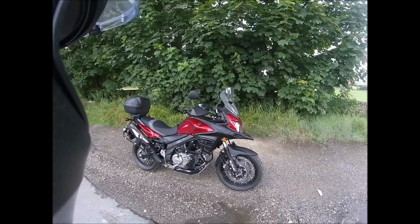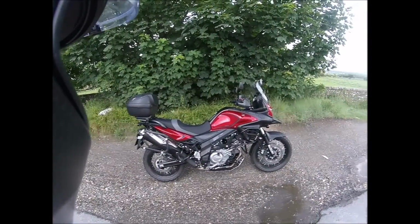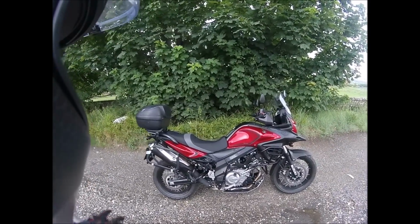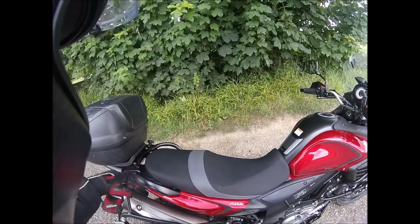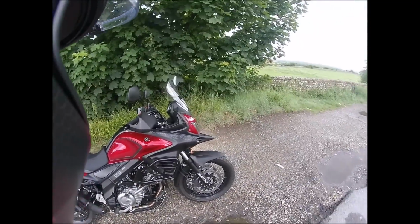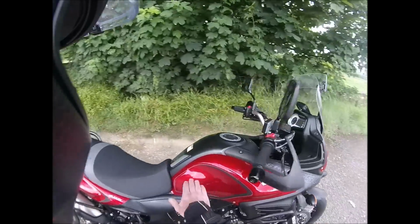The reason I got this rather than a brand spanking new bike is all the optionals that came with it. A brand new XT comes out at, I think it's either 7.8 or 7.9, and with that you don't get as many optional extras. You get the rack at the back, you don't get the box or anything unless they're doing a deal. But this one over a new one had the fitted options of the decals and tank protector